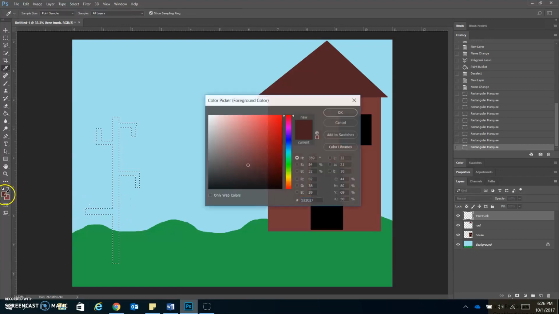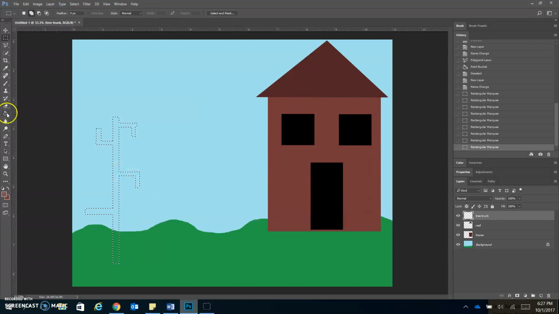So now I want to use my color picker and I want to select a brown color. And I am going to come down here and pick from this batch of reds. And you notice there's not actually a brown that is in the color picker, but you know it's somewhere between that red and orange. So you just got to work at finding the best color. So that's where I'm going to put it, right there. I'm going to click OK, and then I'm going to use my paint bucket, and I'm going to fill my